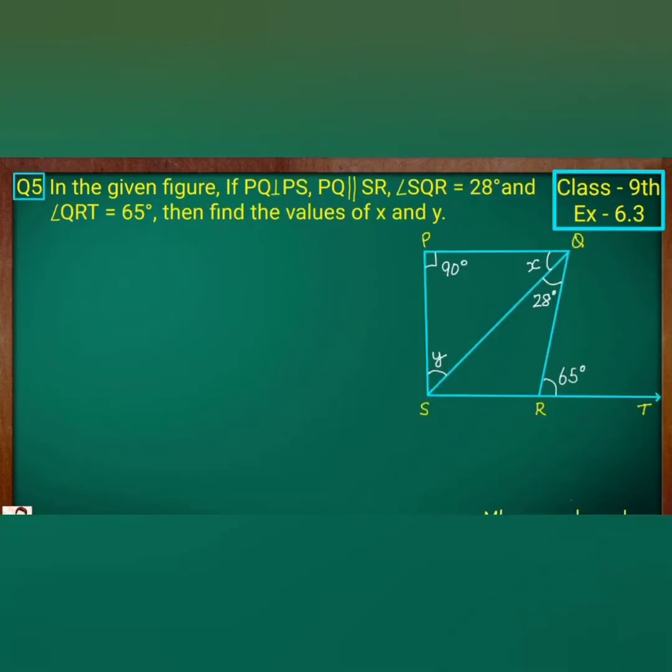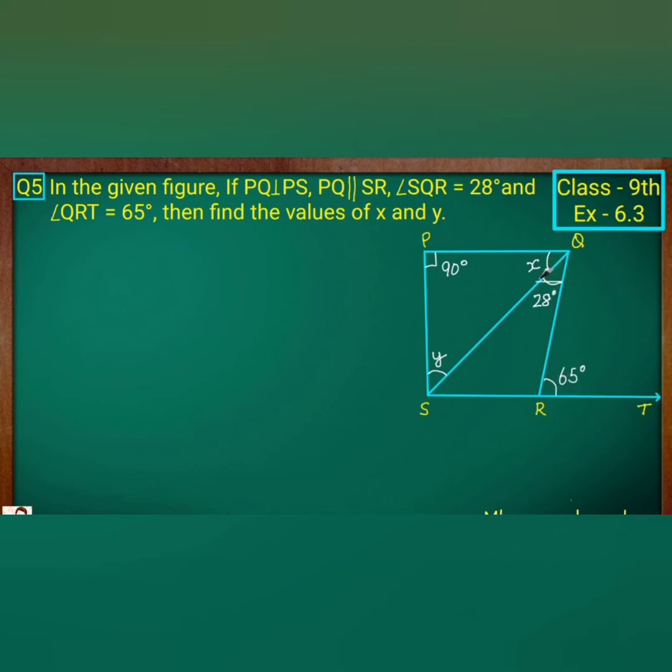Okay, now next question. So students, in this question you have to find the value of x and y, right? Now you just concentrate on the given figure. So in this figure, PQ and SR both are parallel, which is given. And QR intersects the parallel lines. So you know the condition of a transversal, right? So PQ and SR are parallel lines. So you know that very well, of course, QR is the transversal.